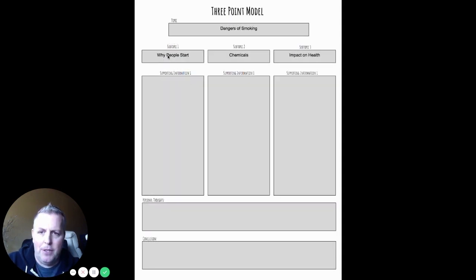The other topics are sort of no-brainers. You can just look up stuff. And again, I guess impact on health too. You don't want to list a whole bunch of things here. You want to talk about the ones that are disturbing, the ones that are going to make people go, wow, I never really realized that smoking was this dangerous. All right.